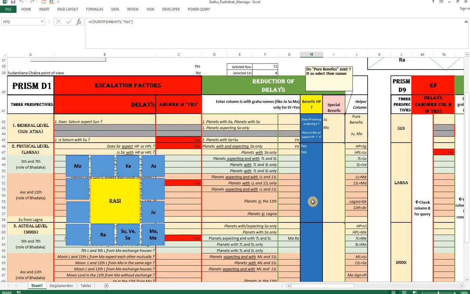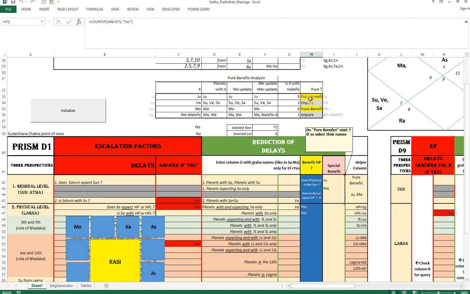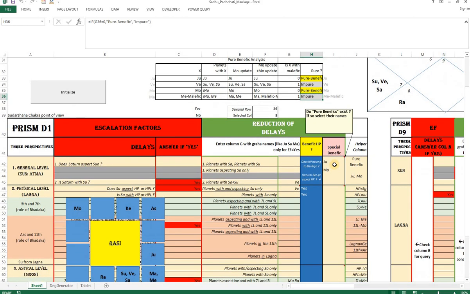And there is what is called a special benefic. Special benefic is a pure benefic, that is, an uncorrupted natural benefic. So you see here, Jupiter is a pure benefic in this chart. Moon is a pure benefic in this chart, whereas Venus is not. Venus is an impure benefic. Mercury is not a benefic at all. Therefore, you have to choose here